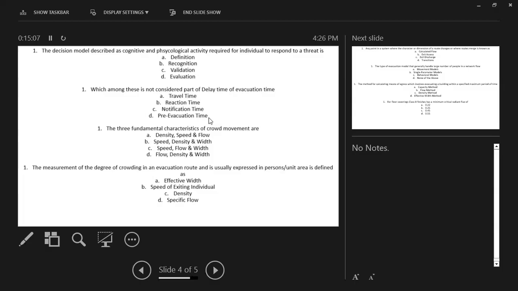Three fundamental characteristics of crowd movement are... Focus. I provided two pieces of information. One was the fundamental characteristics of means of egress. There, I will always have the corridor width available, right? In the means of egress, the question can be tricky. Here, I am talking about the characteristics of crowd movement, only focusing on the movement. I am not talking about the means of egress. So width will not be there. So any option that has width is not the answer.